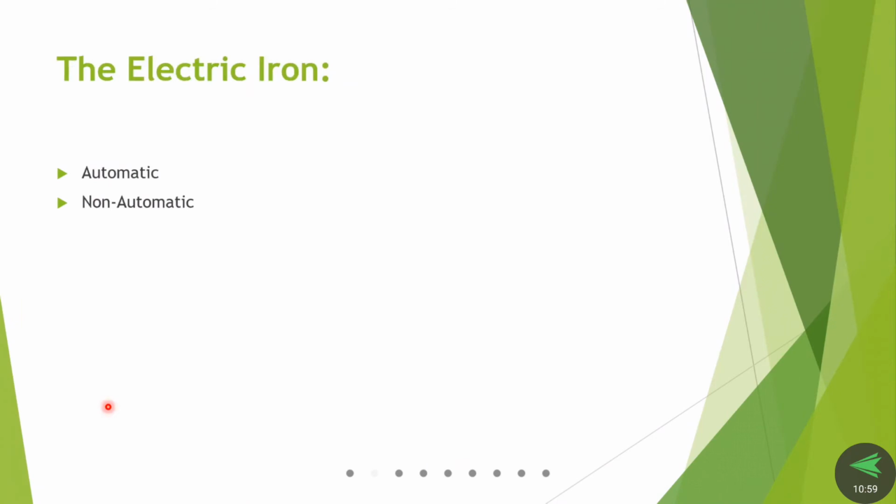So today we want to discuss two things, that is the electric iron, and after that the electric cooker. These are the two applications we can have for the examination. The rest is not important, so that may be repeated in the third chapter. Right? So electric iron is basically classified into two types. One is an automatic type, the second one is a non-automatic type.